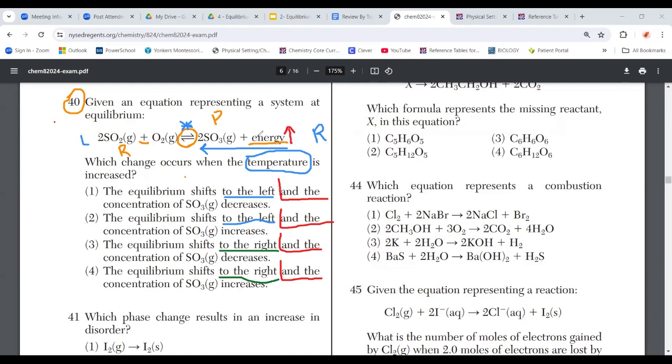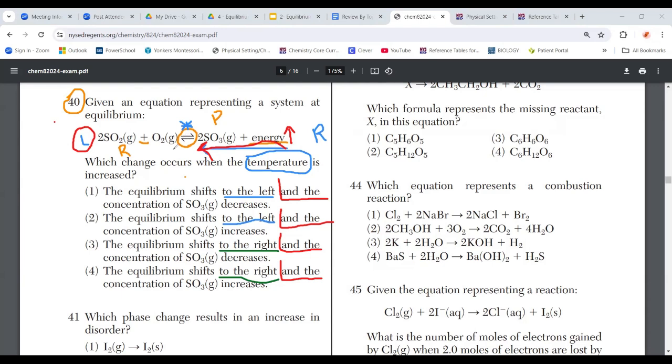So if I increase energy, what the reaction will do is try to absorb the extra energy and use it up and then get back to what it was doing and be back at an equilibrium again. So if I were to increase my product, now I have to use up what's over here, get rid of it so I can go back to being at equilibrium. The only way to use this energy is to do the reverse reaction, because that uses energy. So the reverse reaction uses energy to break up SO3. What will happen is this will decrease, the whole reaction will shift to the left, and I will make